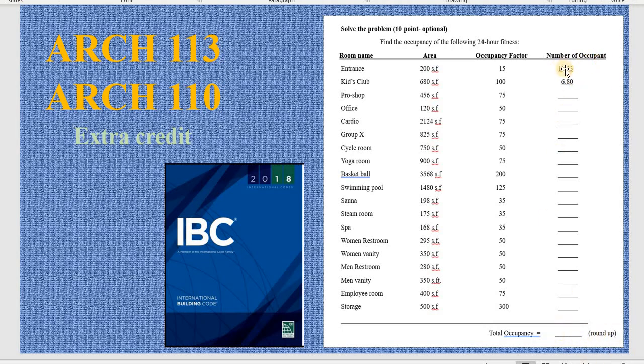One more time, I need you to calculate each of them by taking the area divided by factor. You get this number. Take 2 decimals for me. And after you have each of them here with 2 decimals, you add them up right here. And you round up the big number for me. I need to see this number if you want to get the credit. Okay, for both classes, Architecture 110 and Architecture 113, if you're interested in getting extra credit from me, do this one